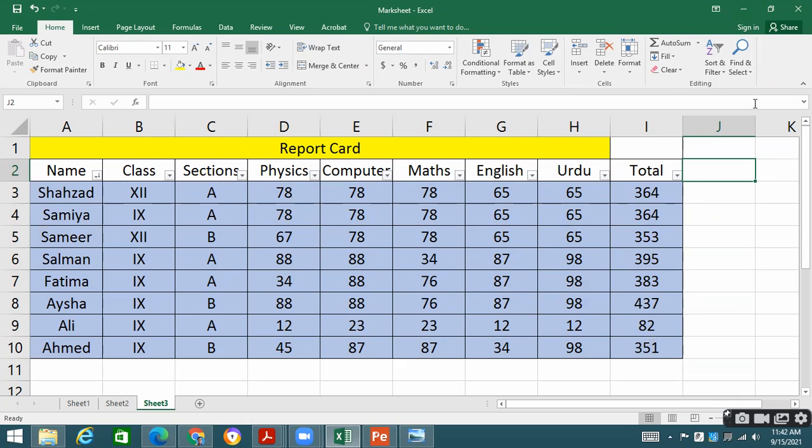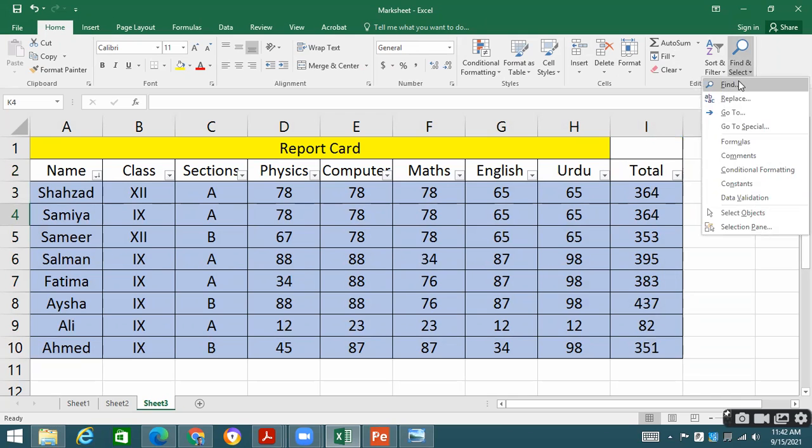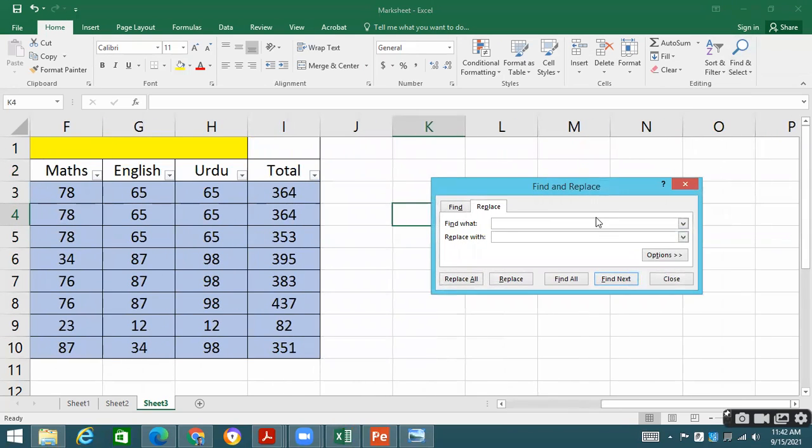Similarly, the find and replace option is there. We had discussed find and replace in Microsoft Word. If some word is there that you need to find and you want to replace, for example, if there is written maths, M-A-T-H-S, I want to find maths and replace it with the full spelling, mathematics.